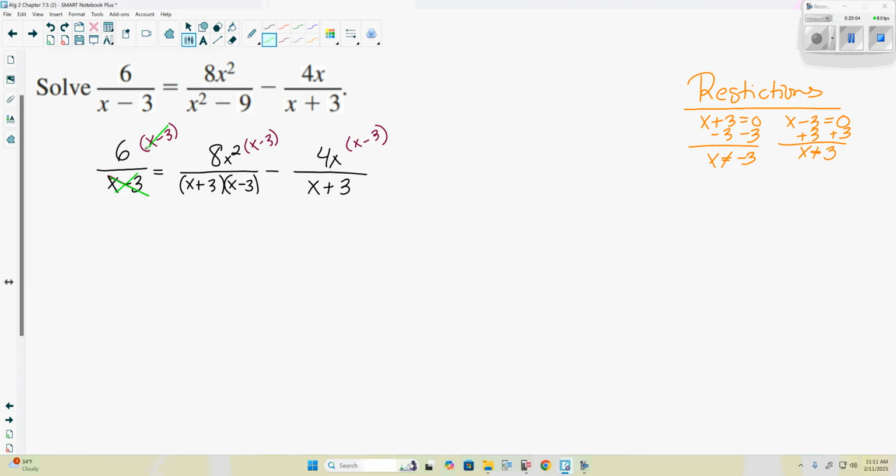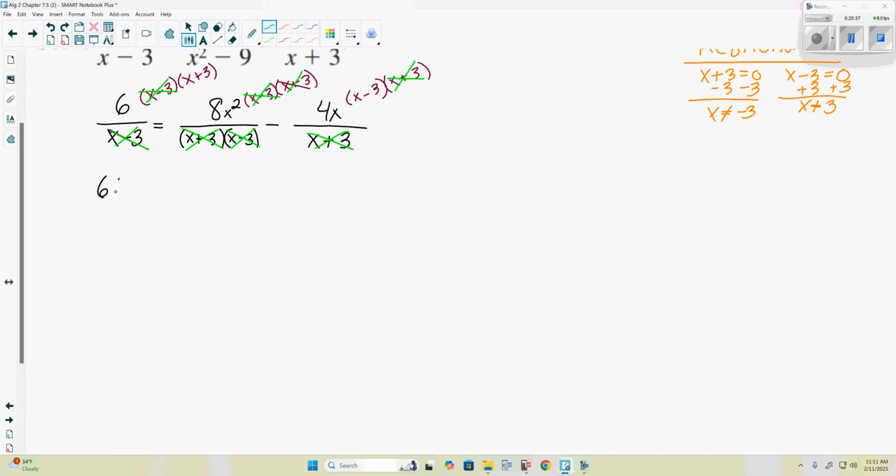On the first one here, x minus 3 and x minus 3 cancel. In the middle, the x minus 3 and x minus 3 will cancel. And the last one, the x minus 3 won't, because the denominator is x plus 3, which means we'll also have to multiply through by an x plus 3. Now in the middle, the x plus 3 and x plus 3 will cancel. And in the last one, the x plus 3 and x plus 3 will cancel,